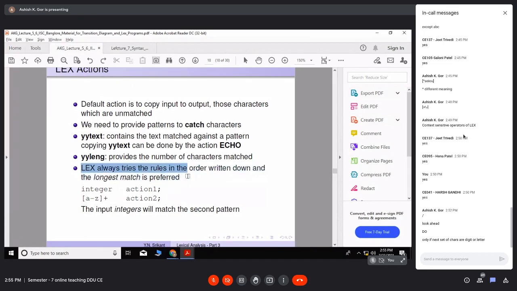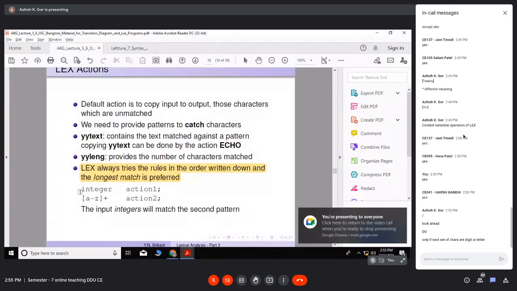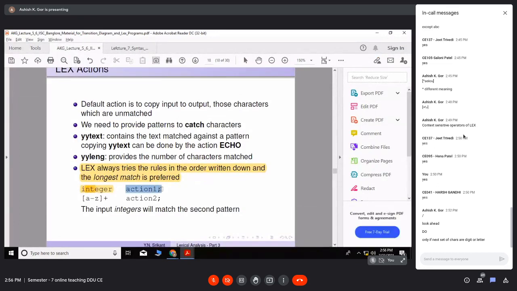Here there is integer with some action, meaning some C code, and then A to Z plus with another C code, action 2. So what do you think? Where will the input integers match?